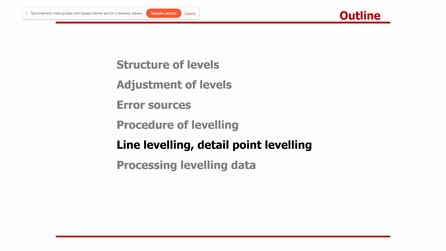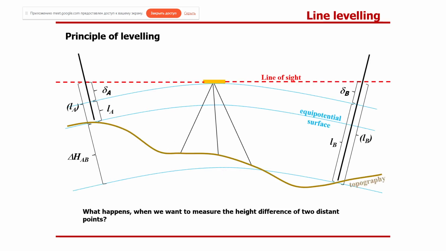Line leveling, detail point leveling. So the principle of leveling: what happens when we want to measure the height difference of two distant points? We just rotate the instrument to the back rod,